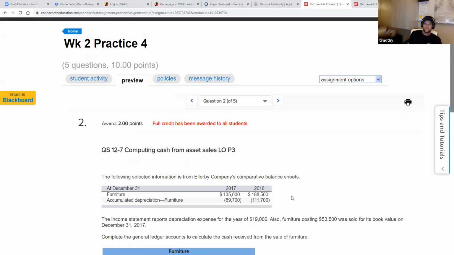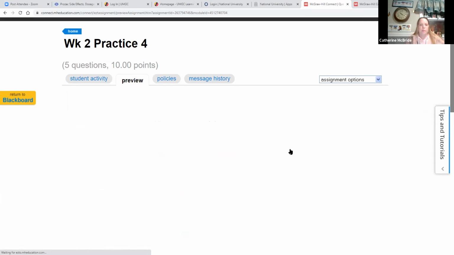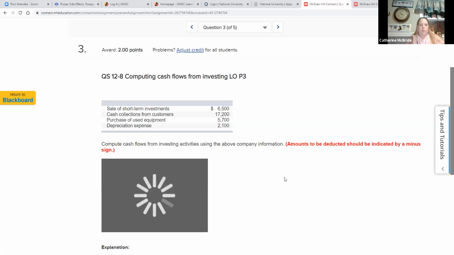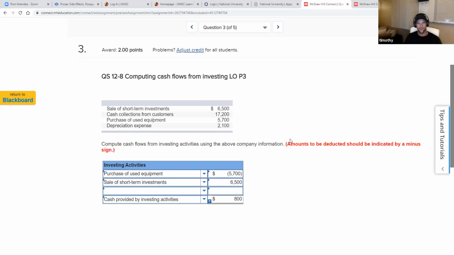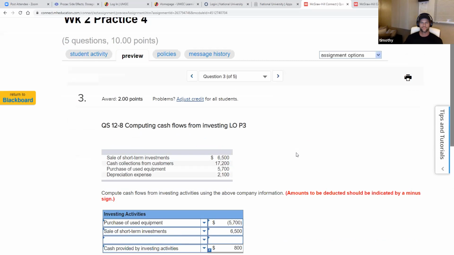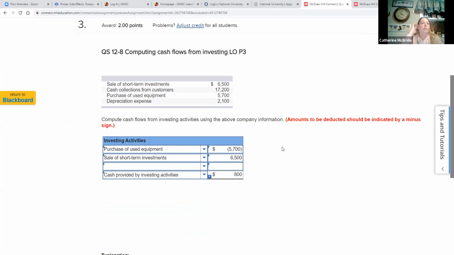Okay, you don't have to do this one. This is beyond where we are right now. Okay, the next one, the next two, all we're doing is we have these different cash flow items, and we're just trying to figure out, do you have a cash in